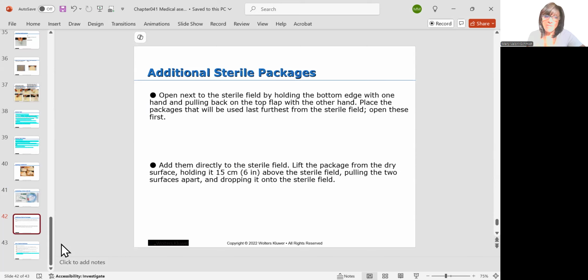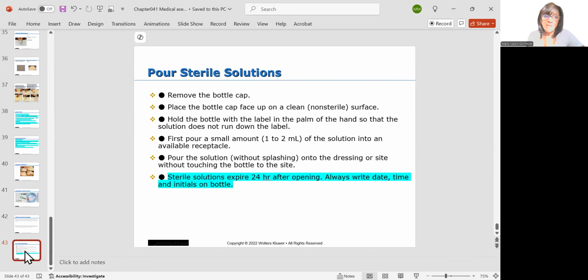Okay. And then there's also some instructions on how to open sterile packages and how to pour sterile solutions. Here's something you must know. Whenever you open a bottle of a solution, normal saline, sterile water, right? Bottle, they're good for 24 hours. That's it. 24 hours because facilities are filled with pathogens. So you will always put your initials, the date and the time on the label to make sure that you know that 24 hours after that, you got to dispose of it, even if it's still mostly full. It's become contaminated after 24 hours. Most facilities adhere to that. That's a CDC guideline. And that's it for asepsis.